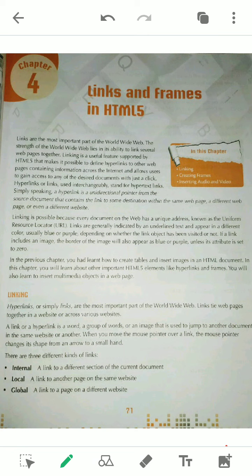Now see, as I told, in these HTML chapters the questions basically come in different ways. They don't come directly from the exercise that you have seen, but the exercise questions will help you to write the answers of those questions which will come in your exam. Some questions will come from the exercise directly, like the uses of some attributes or properties.